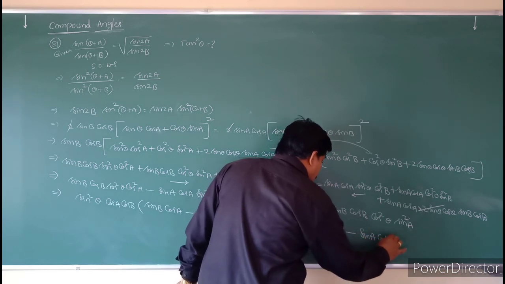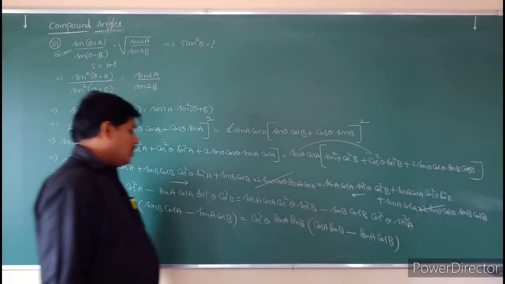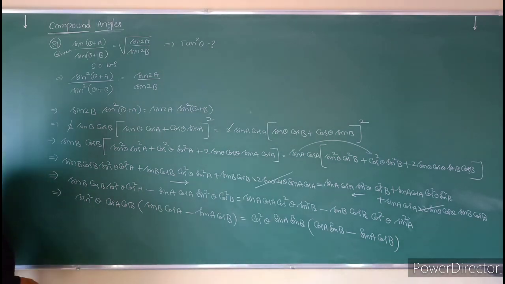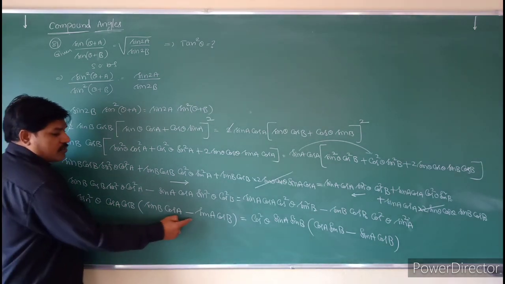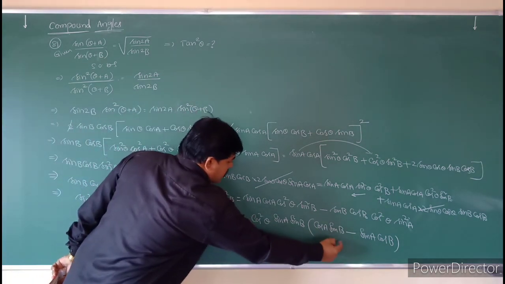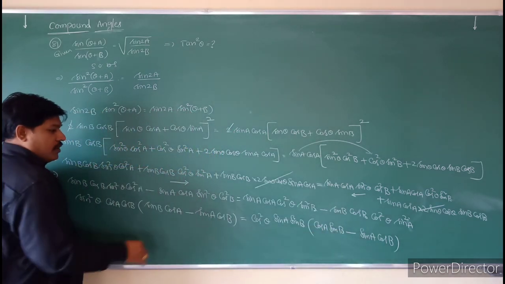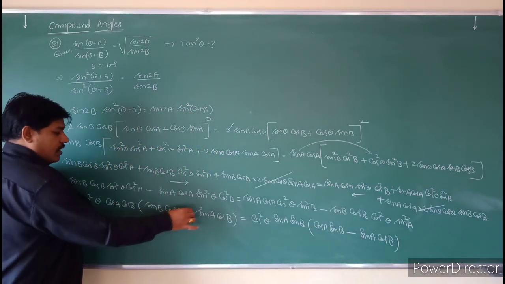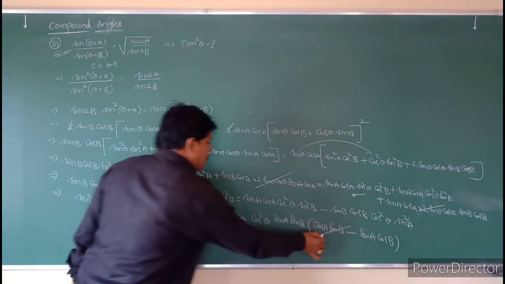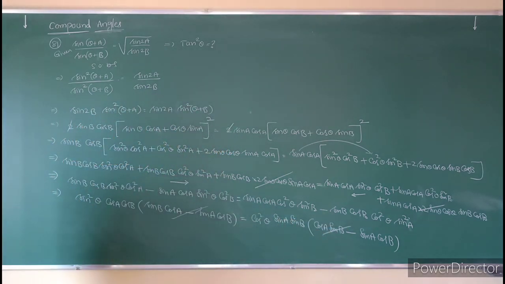sin A cos B, sin A cos B. So you observe that these two terms are the same: sin A cos B minus sin A cos B, that is cos A sin B minus sin A cos B. So these terms will be cancelled. This term cancels on both sides. So what remains, you will get